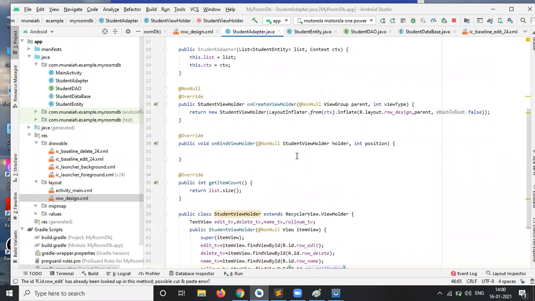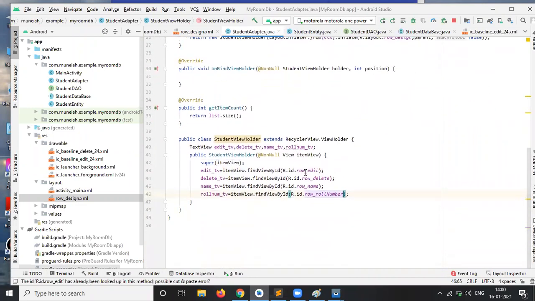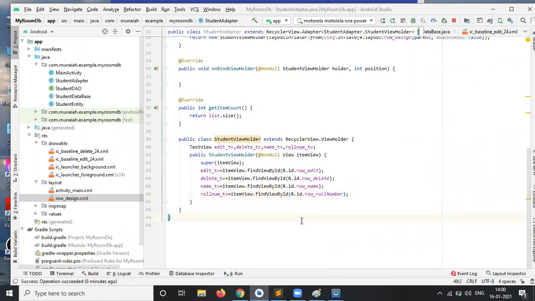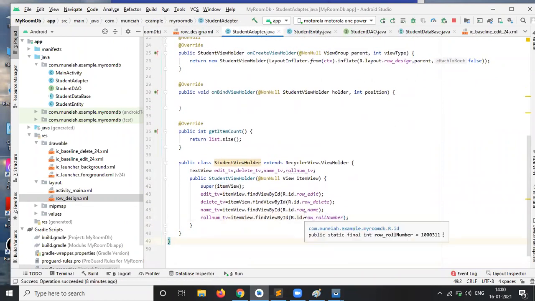Okay. So you can do the practice, and the next part we will continue in the next session. Just let me know if you have any doubts in this part. So displaying the data in the recycler view we will discuss next time, I mean in the next session. Good.